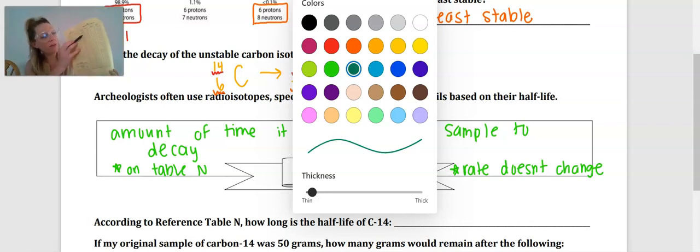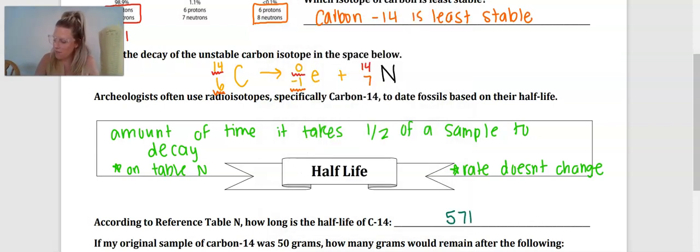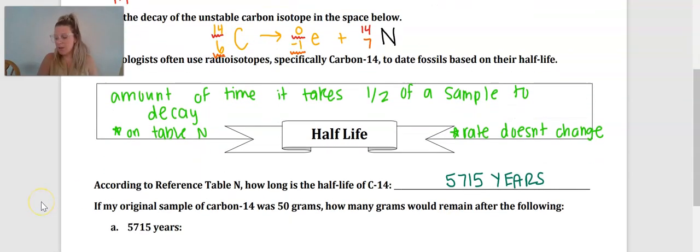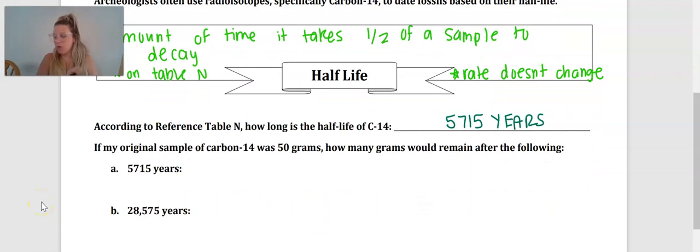So again, we're going to glance at carbon-14, and we're going to notice that there is a whole column called half-life, and carbon-14 has a half-life of 5,715 years, which means that it takes a little over 5,700 years for half of a sample of carbon-14 to decay. And so let's say I have an original sample of carbon-14 that was 50 grams. How many grams would remain after